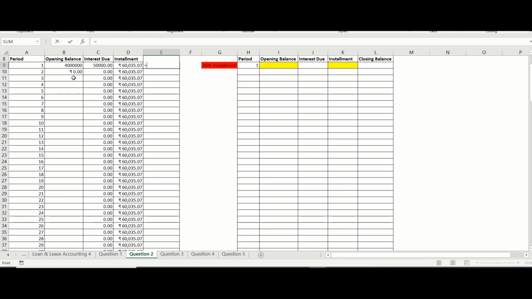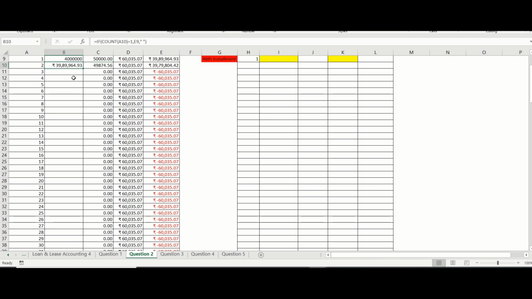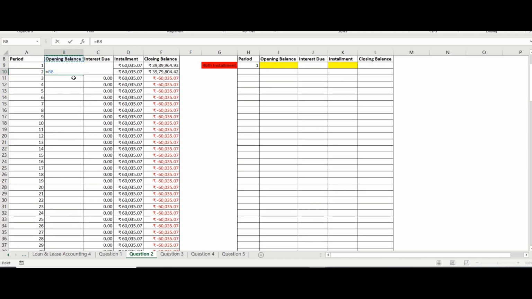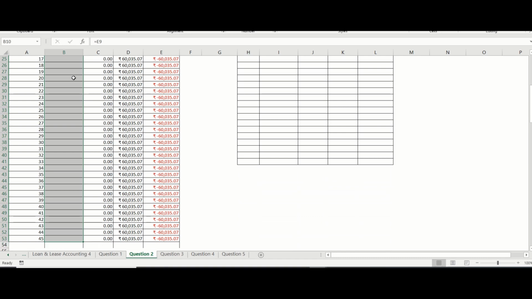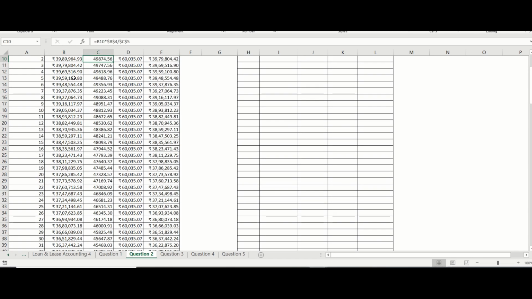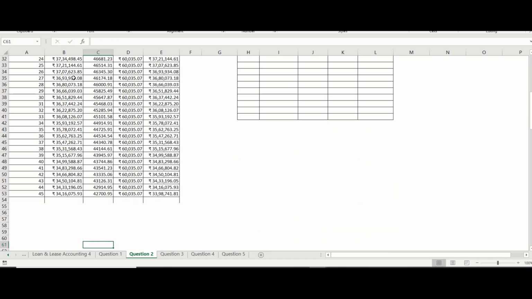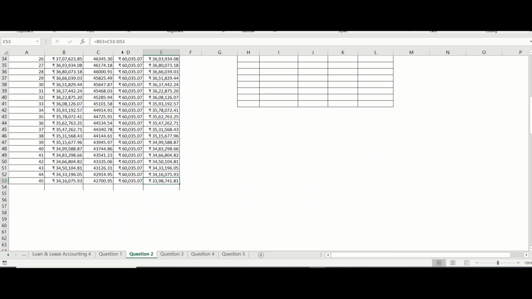My closing balance is opening plus interest minus installment. I drag this down again, right? My opening balance for the second installment is closing balance of first. I drag that down to 45, right? अब ये जो लास्ट वैल्यू है 45th इंस्टॉलमेंट की जो क्लोजिंग बैलेंस है इतना अमाउंट हमको और पे करने,